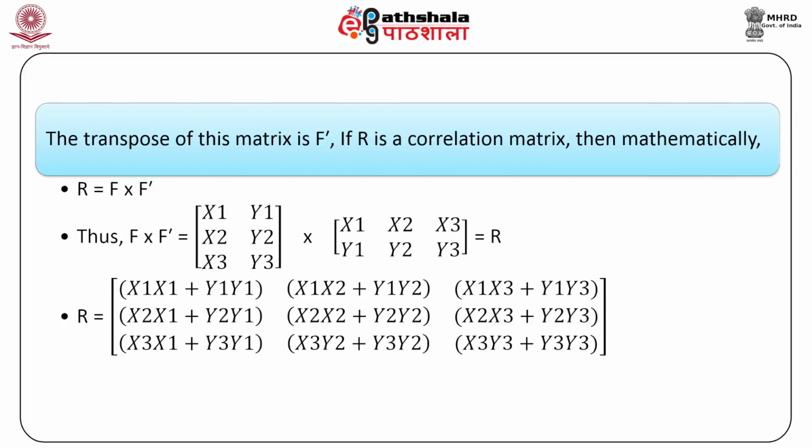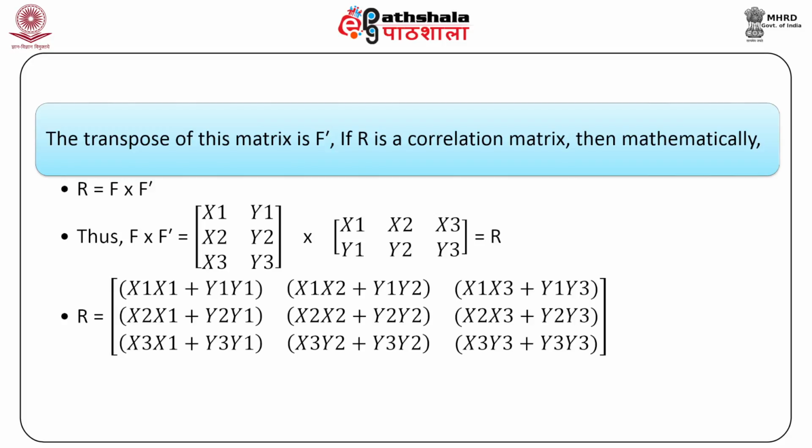Thus, F into F dash is equal to factor matrix 1, which is x1, x2, x3, and y1, y2, y3, multiplied by F dash matrix, which is x1, y1, x2, y2, x3, y3, which is equal to the correlation matrix R. Therefore, the correlation matrix R is equal to x1 x1 plus y1 y1, x2 x1 plus y2 y1, x3 x1 plus y3 y1,